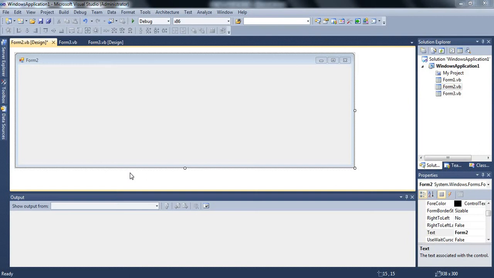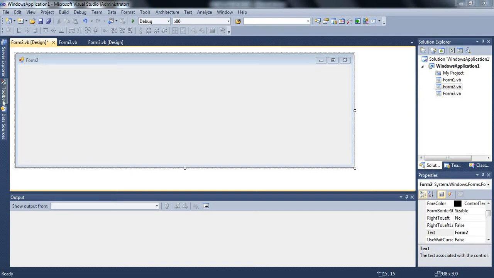So on our screen we have a blank form available. Let us take the required tools and we'll design an application which can accept two numbers and, based on the user's value or choice, display the appropriate answer.